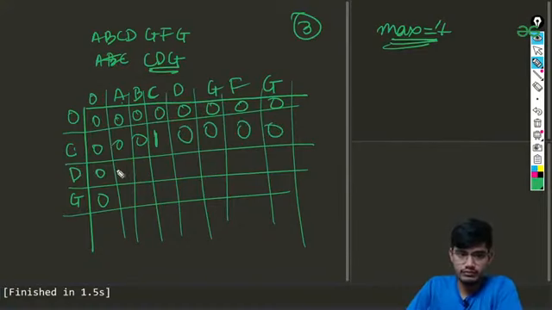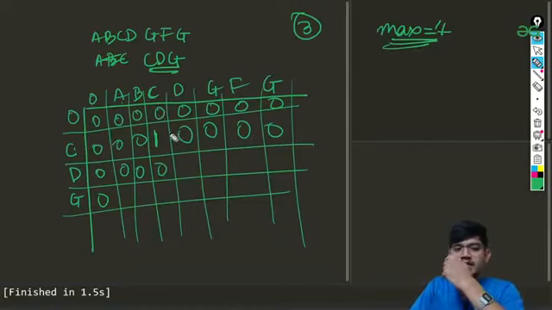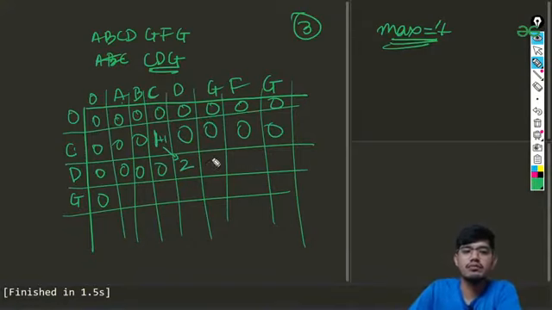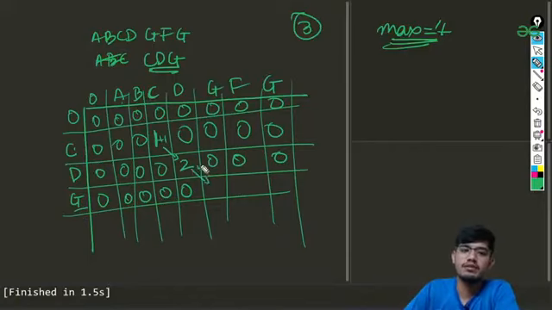Similar to this, for D it is 0, 0, and you can see for all of this also 0. Now D has got a match. So when we get a match, we increment the diagonal element. So 1 plus 1 becomes 2. Again moving forward, all the values will be 0 up to G, and for G you can see we have this contiguous match. So we will be adding plus 1 here.